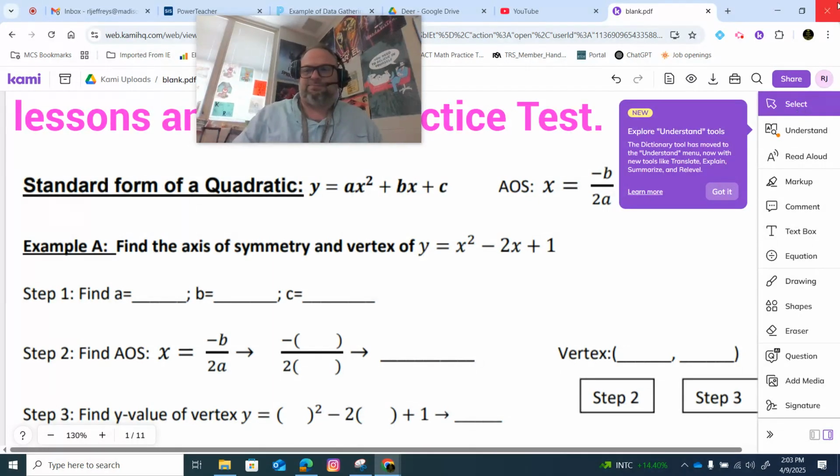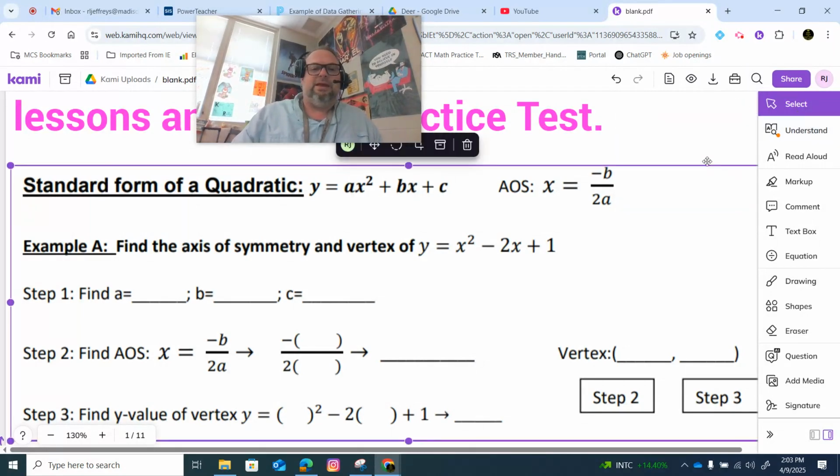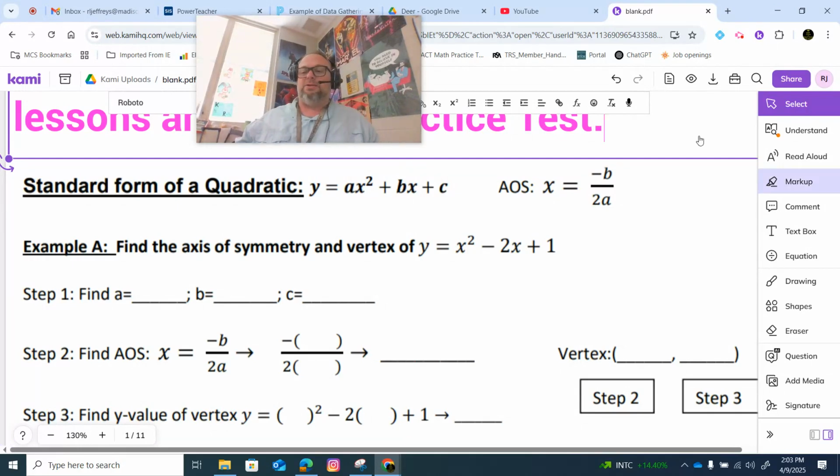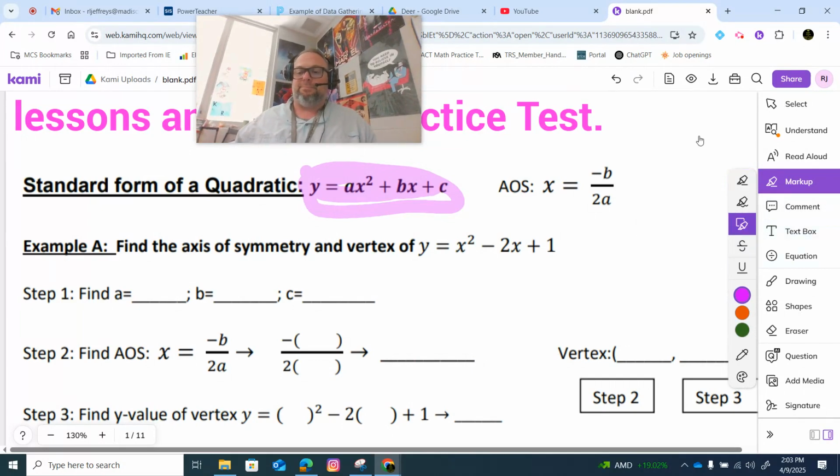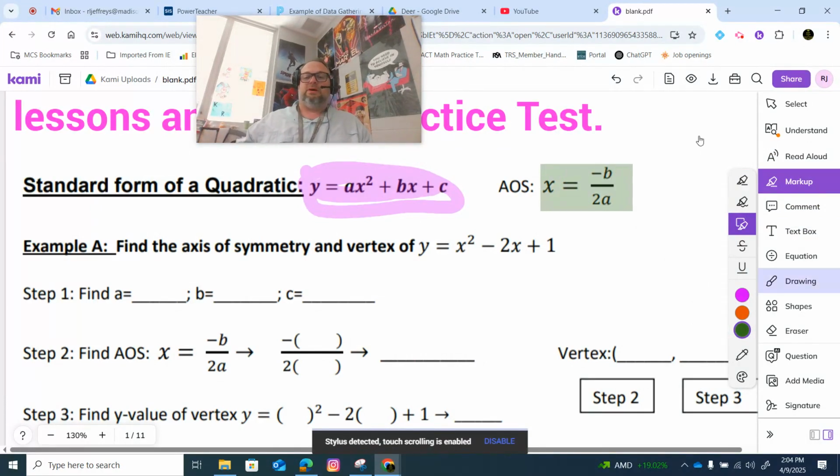Now, here is our standard form. Okay? When it's in this form, our AOS is like this. All right? Now,